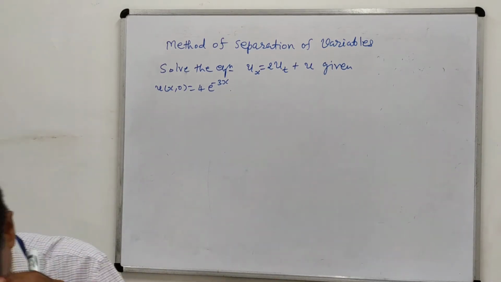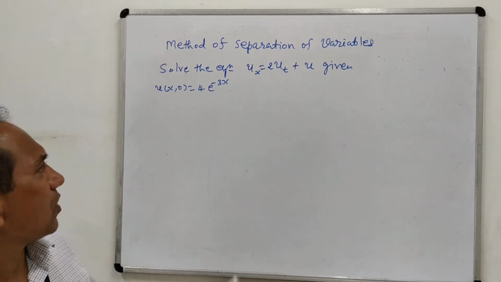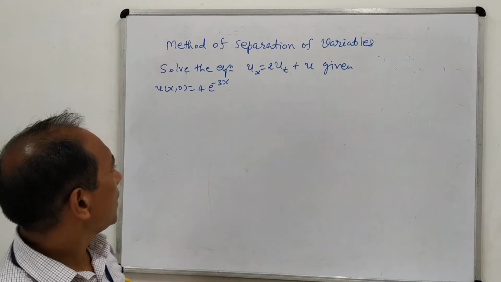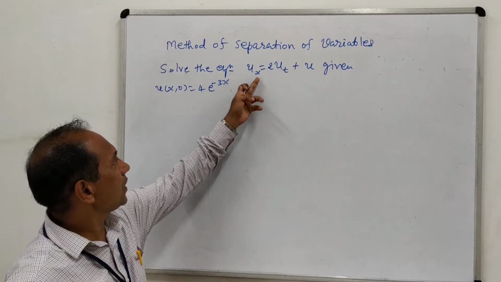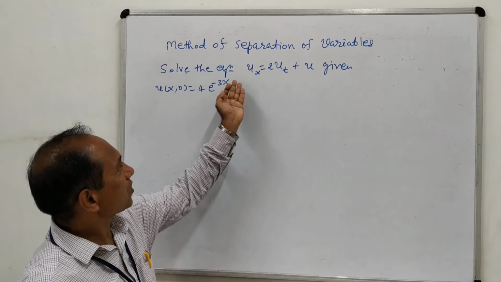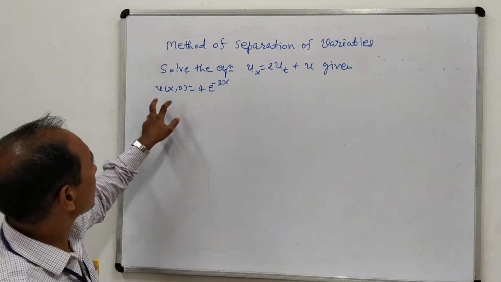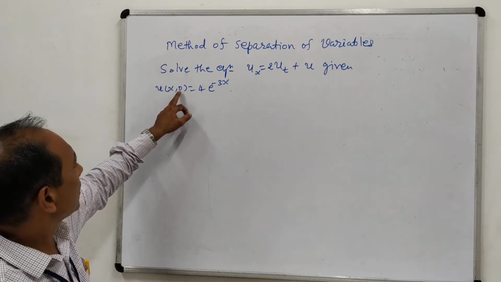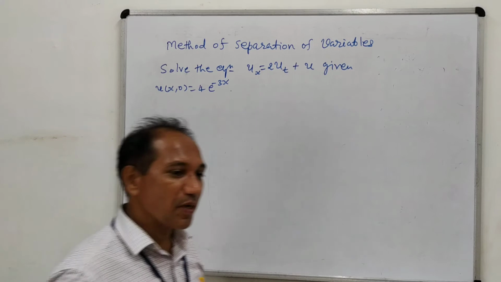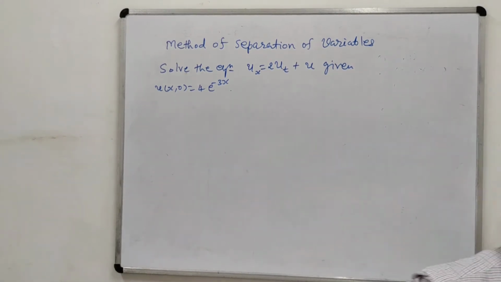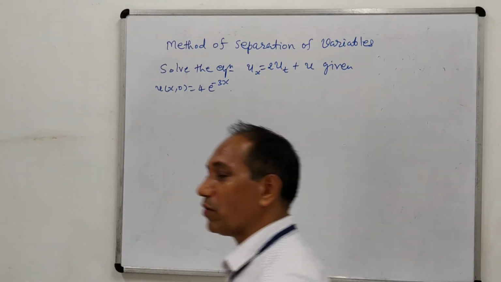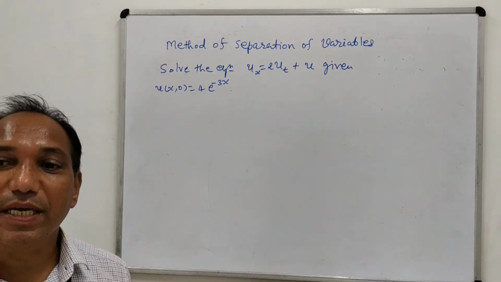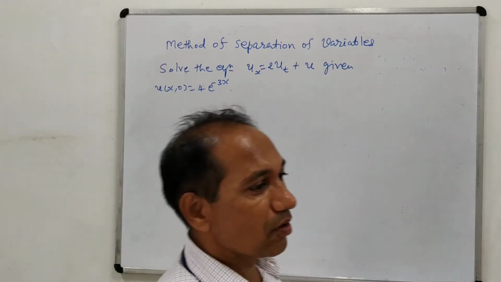The equation you can see is a first order equation because only first order derivatives are involved in the equation, and we can see that it involves two independent variables x and t. So first of all, focus on this equation only because this is the given condition. That means u(x,t) is the function, but here t equal to 0. That means the value of the function is given at time t equal to 0, and this will be helpful to us to find the value of the arbitrary constant which will be involved in the general solution of the differential equation.